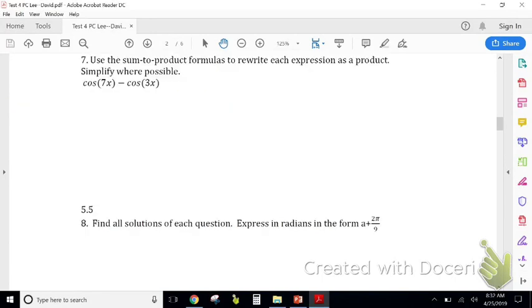For number 7, we're going to use the sum to product formula to rewrite each expression as a product. Simplify where possible. So we have cosine minus cosine. So look at your sum to product formulas, and you'll see